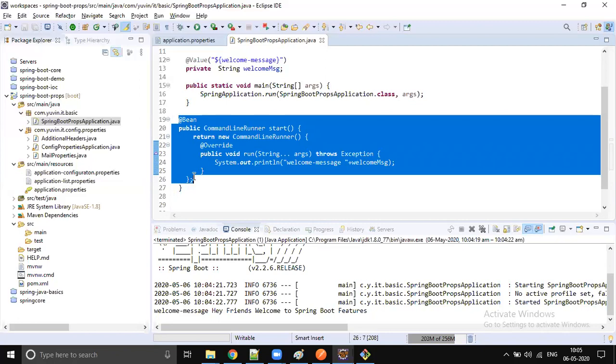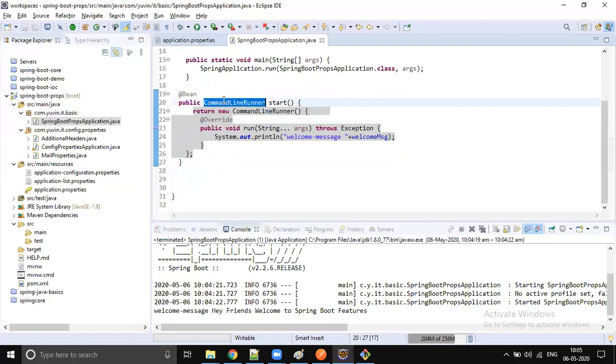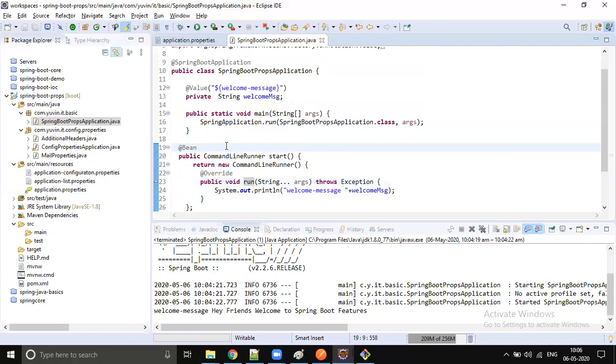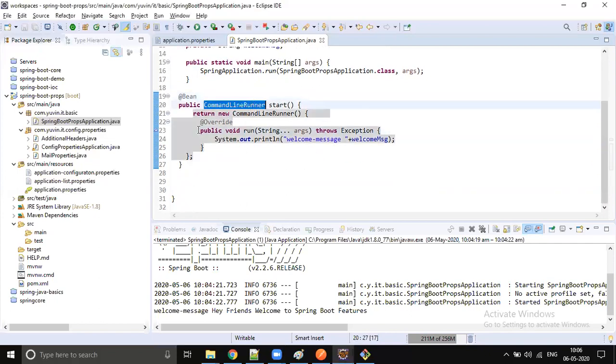Yes, the first step is this is a bean, correct? But after bean creation and processing everything, this bean is going to be executed, which means the run method is going to be executed after initialization. From a developer's point of view this is configured like any other bean, but in the container life cycle, if there is any bean configured of type command line runner, that bean will be executed immediately after the container is ready. So now let's convert this into a lambda.